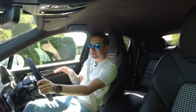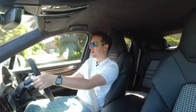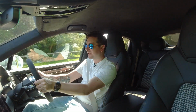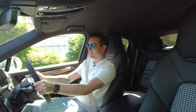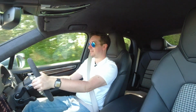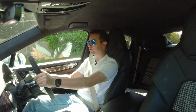Here, completely different story. Porsche have absolutely nailed the steering. You can feel everything through the wheel. It's really direct, and it really translates through the car. And we're going to come up to some nicer roads in a second as we head towards Goodwood, but